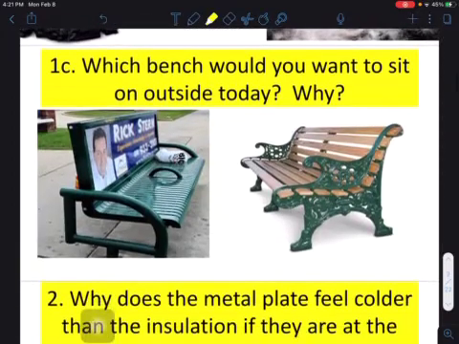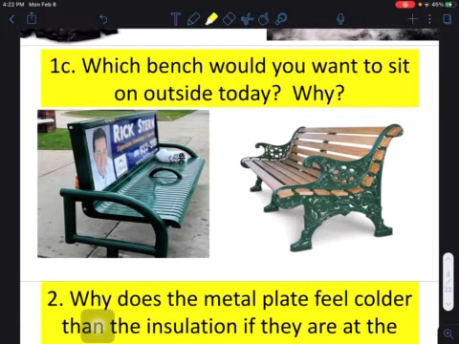Which bench would you want to sit on, and why? Outside, if it's -20 degrees outside, either bench is going to be sitting there on the side of the street, and it's going to be -20 degrees because it's the same temperature as the environment around the bench. So whether it's a wood bench or some type of a metal bench, it's sitting there at -20 degrees. But you guys know that it's a lot colder to sit on a metal bench than it is on a wood bench,